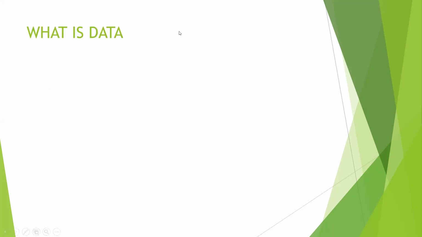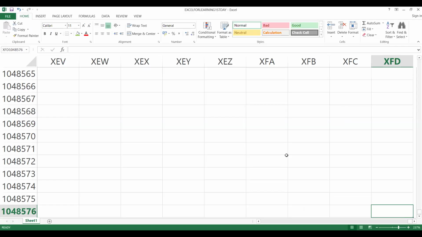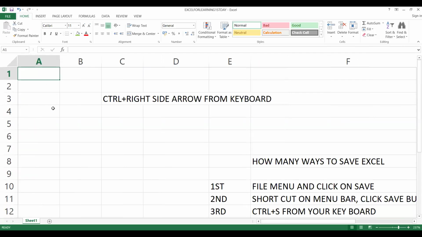Now we're going to learn what data is. Let me come here to A1. So we came here, this is data, what you are entering. Text is data, and numbers are data. It can be anything. By using Excel, you can do manipulations. Formulas can be your data, or maybe you can take